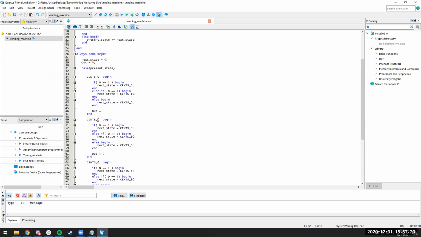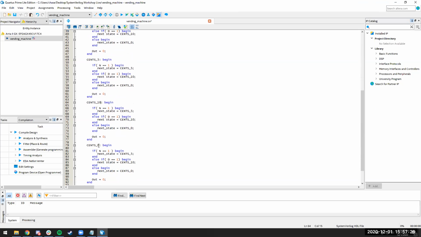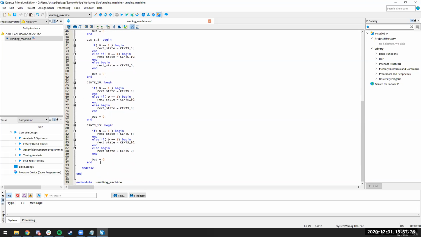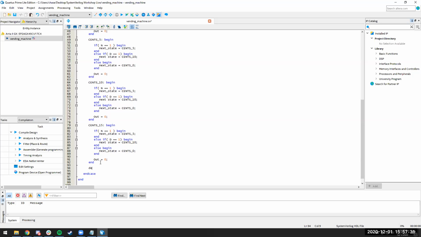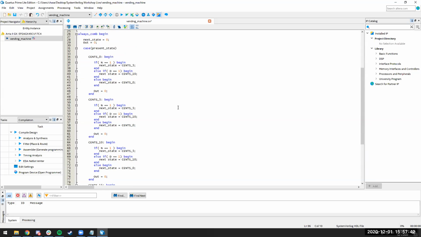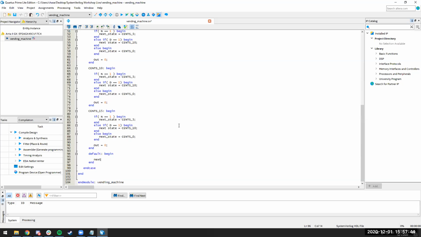We've got to change our values. So we'll have sense 0, sense 5, sense 10, and sense 15. And remember, with the syntax of these switch cases, we always want to include a default. And this default, for us, makes sense to just reset. So whatever our reset signal does is what this should do. We want our next state to be sense 0, and we want our output to be 0. So it's basically what our reset signal would do. And hopefully we never get to this default state, but we need to include it anyway, or else we